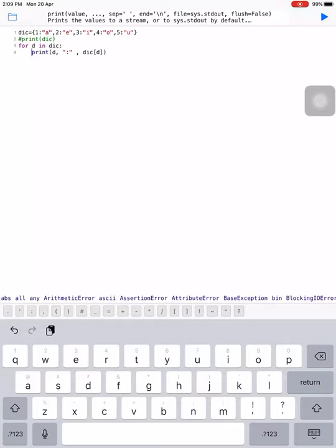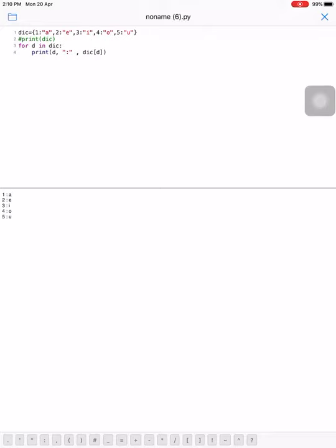Look, here we have written d and dic both. So in the output we receive the key as well as the value. We have separated the key and value with a colon. Then dic[d]. What is this? dic is the dictionary and d is the key which we wrote here. See what the output is now. We have received 1 colon A. Why? Because 1 is the key which is accessed through d and A is the value which is accessed through dic[d]. So from beginning to end we receive all the keys and values in the form of this output. Hope you understand.